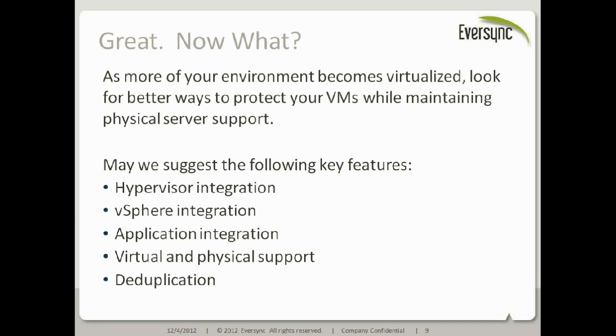You want to be able to talk to the hypervisor. It's great to also be able to talk to vSphere, since that's going to track things like the vMotion. If you can get the application integration, which allows you to recognize the files that are part of a particular application within a VM to restore them. For example, restoring an Exchange database from a backup of the entire VM without having to restore the entire VM.